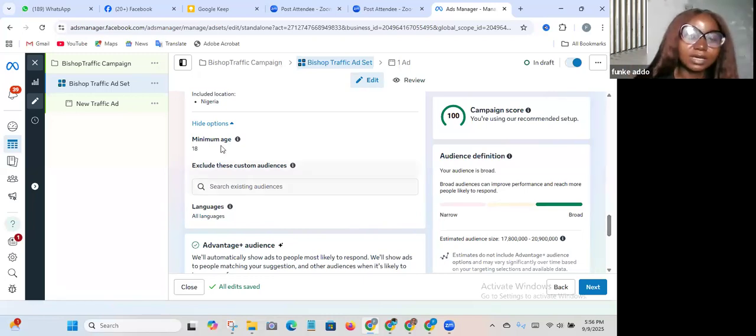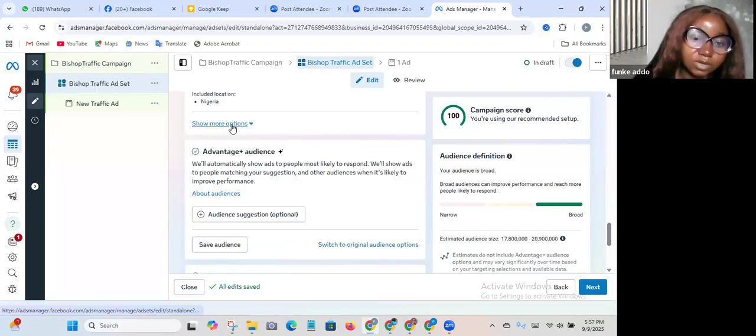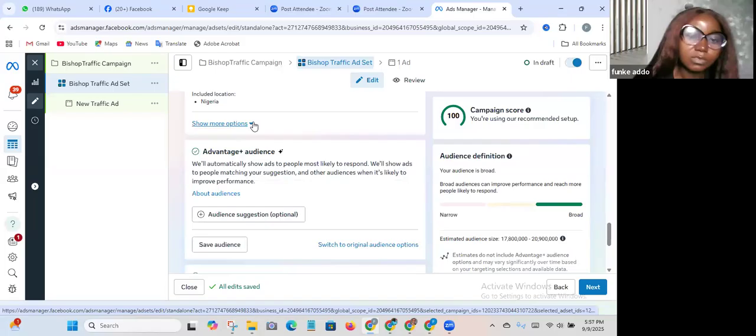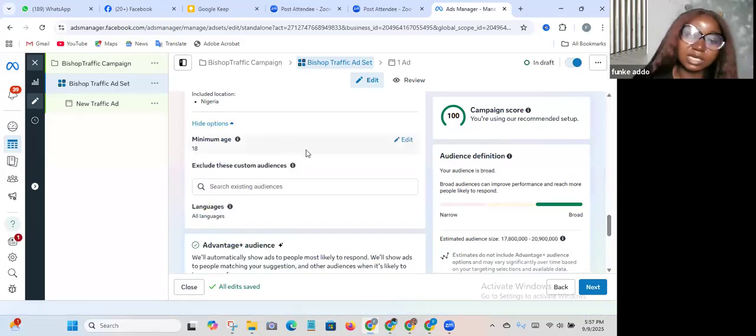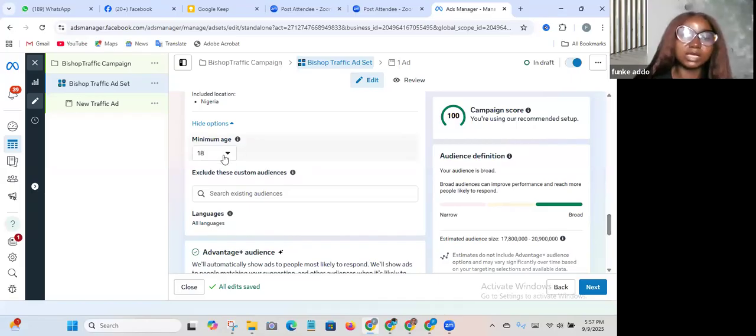So here, there is a minimum. What I did here was I clicked on more. Minimum age says 18. But normally, I don't usually target people like this, except you are doing something free, maybe a free training. You can target from 18 to infinity. But if you are doing something that has to do with paying money,